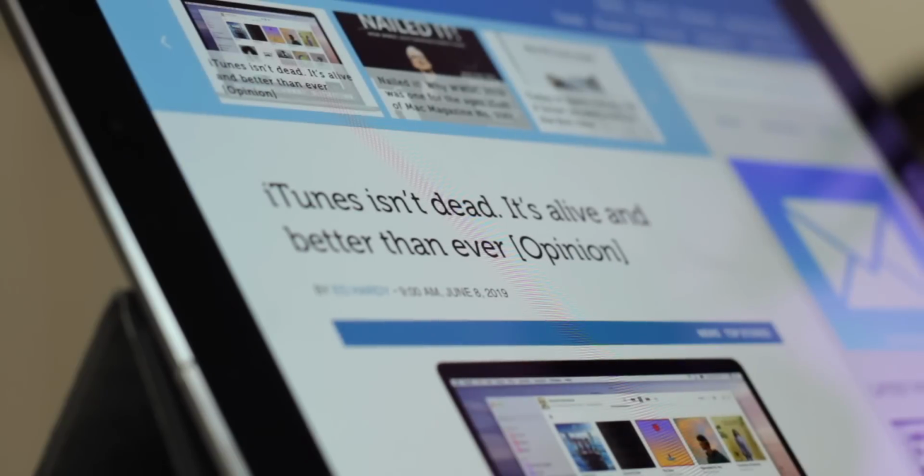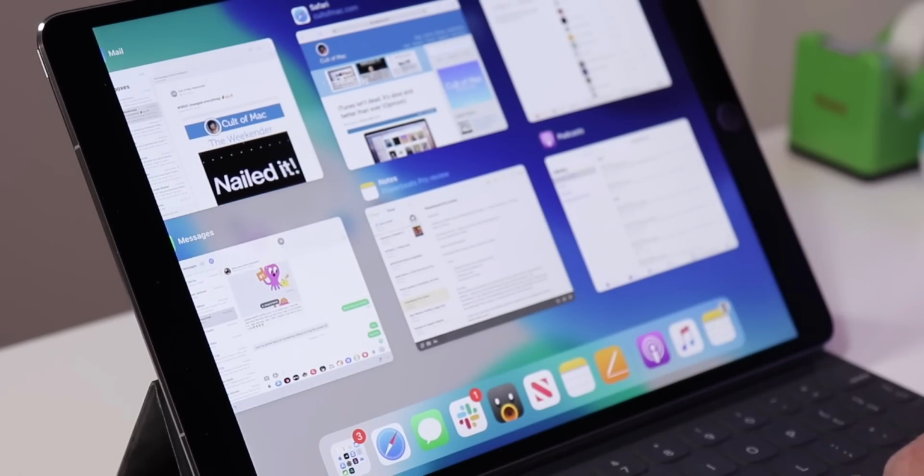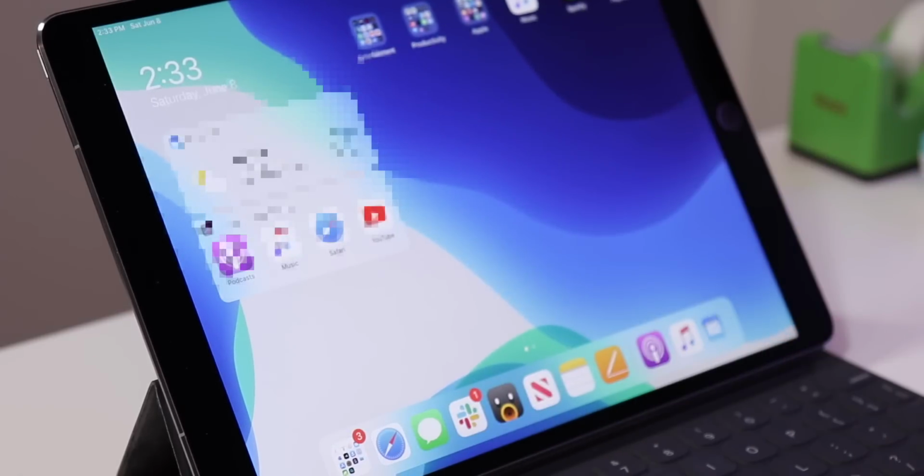At the same time, you can also take 5 fingers and pinch them all together, and it will begin to close the app. You can also take 4 fingers and swipe right or swipe left, and it will actually cycle through previously open apps. Another gesture worth looking at, which maybe isn't technically a gesture, is how to get apps